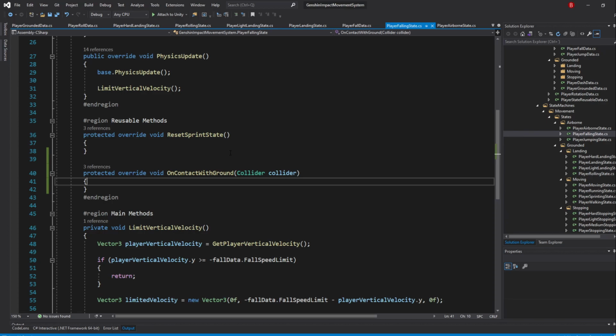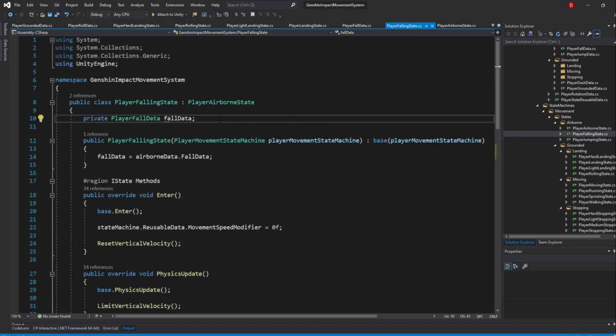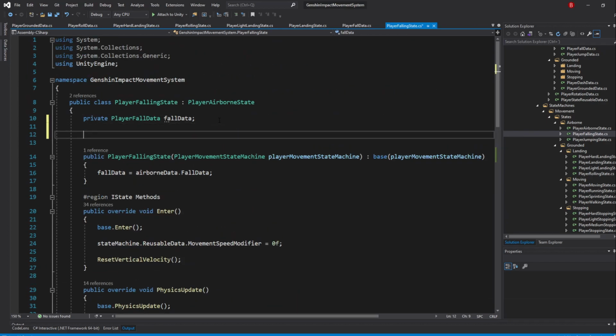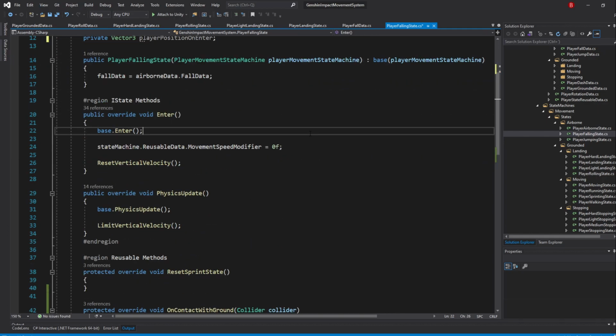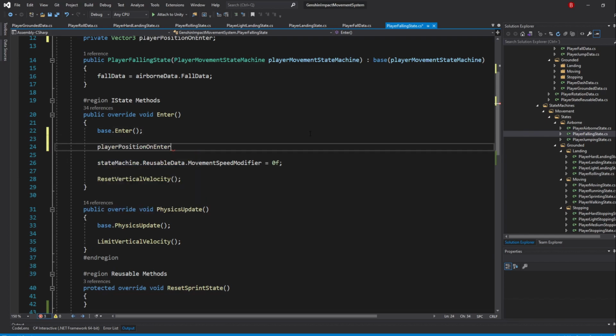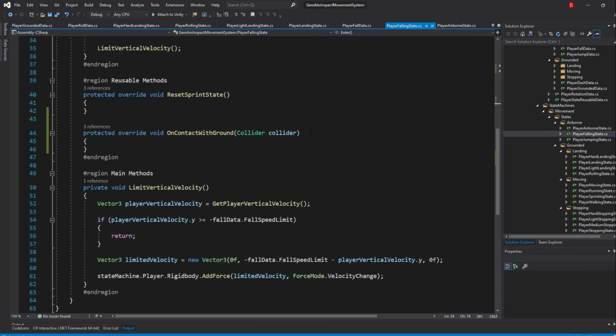So, knowing that, in our variables area, create a new variable by typing in private Vector3 playerPositionOnEnter. Then in our Enter method, we type in playerPositionOnEnter equals stateMachine.player.transform.position. When that's done, go back to our onContactWithGround method.